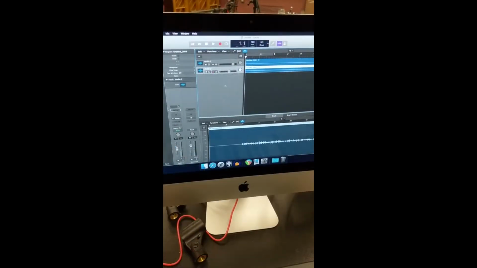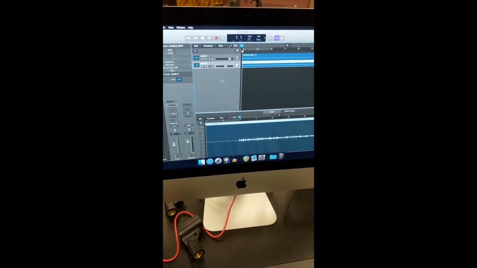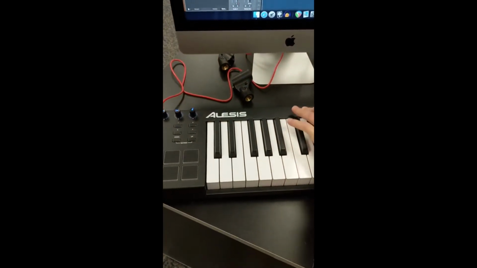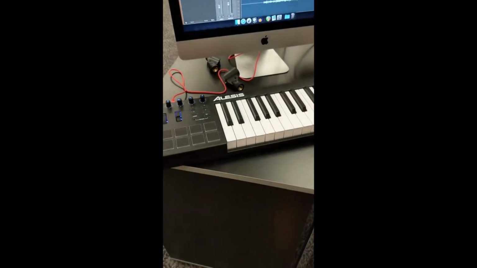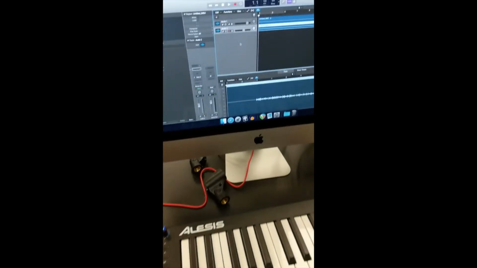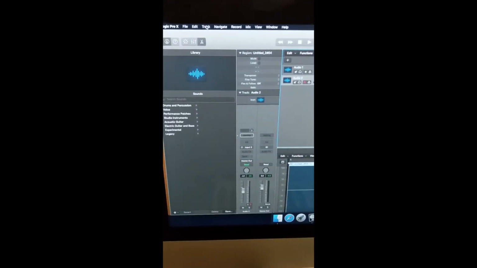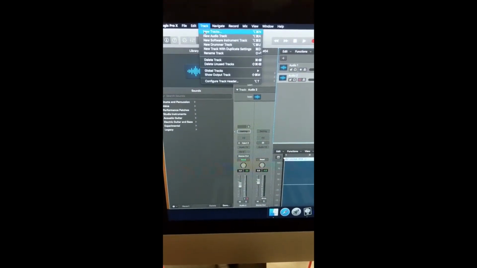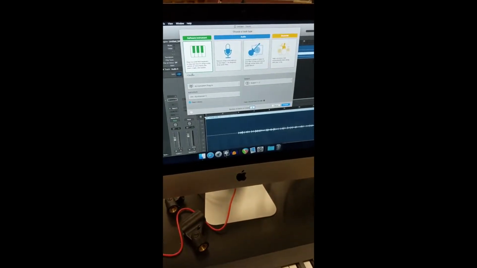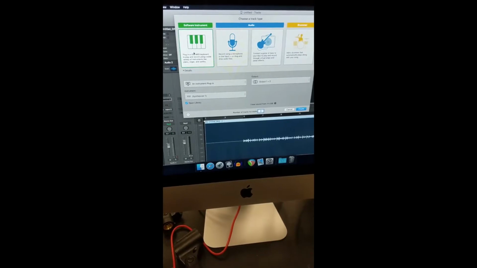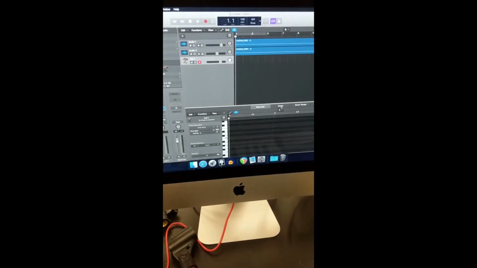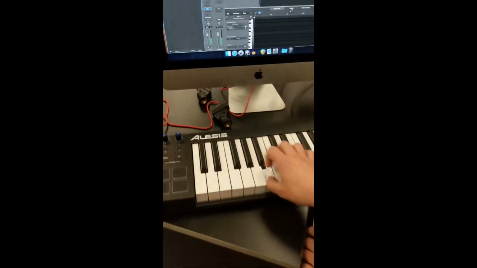Now that we know how to do audio inputs, I'm going to insert a soft synthesizer, which we control with this USB keyboard right here. It's incredibly simple to do that with Logic. That's why I recommend that program for doing beats, loops, soft synths, and stuff like that. So we're going to go up to track and go to new track, and it's going to bring back this familiar pane. Right here, we're going to click software instrument and create the track,